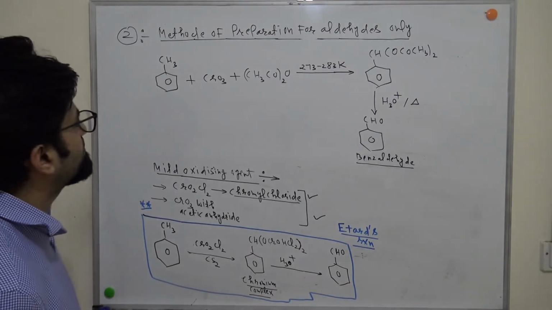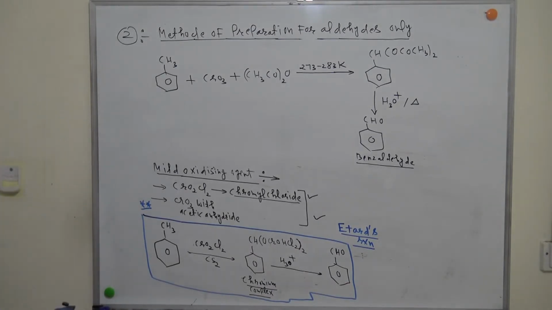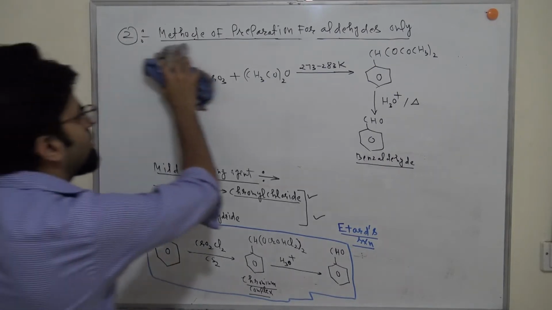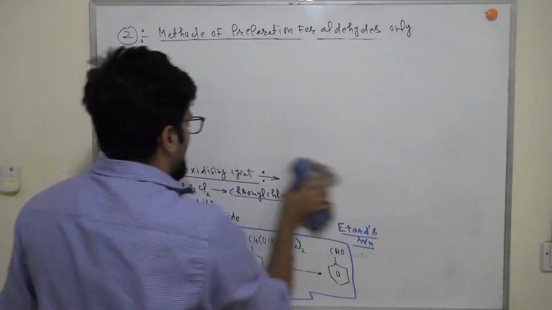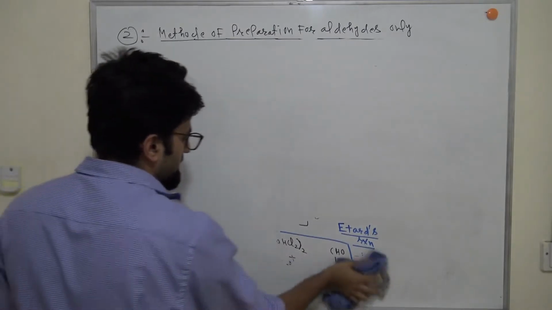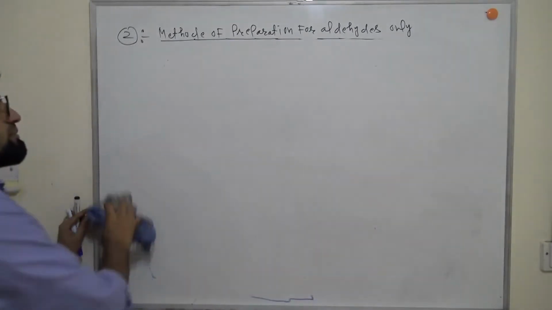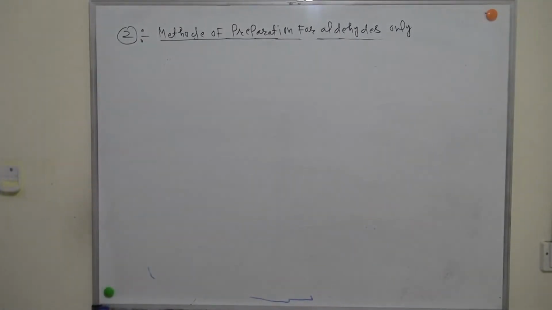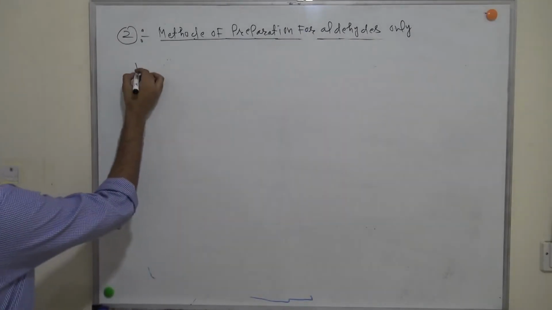Okay, guys, understood? So this was your fourth point, mild oxidation of aromatic hydrocarbons with a mild oxidizing agent. That is Etard's, and one is with chromium trioxide and acetic anhydride. Okay. Now the fifth one is